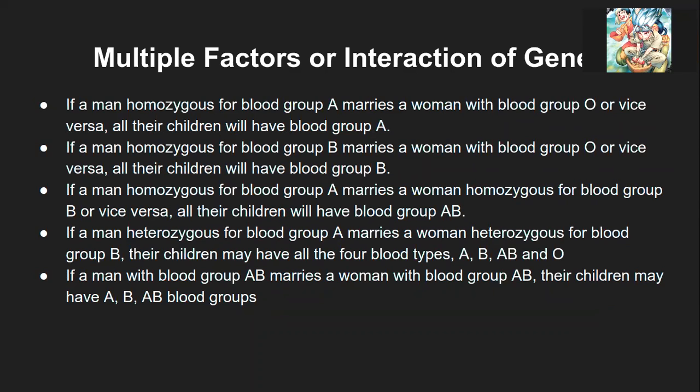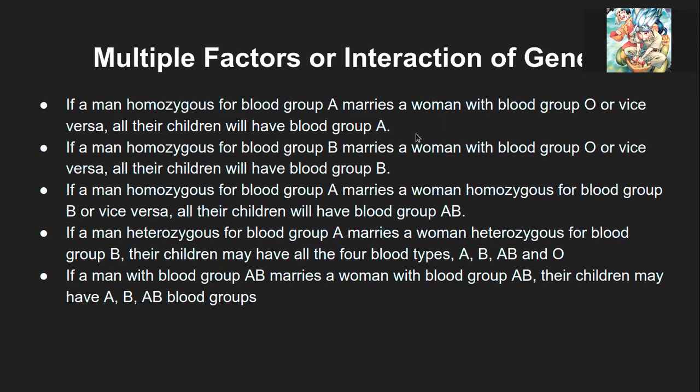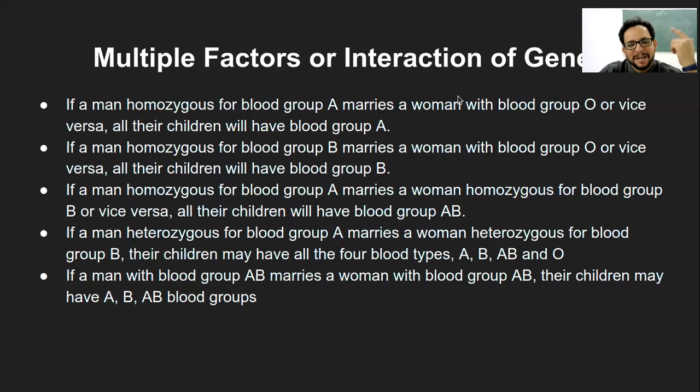Yes. But how is this an example of multiple alleles? In this, you only have two alleles, one from your mother and one from your father. So it's like a normal Mendelian thing, right? This statement is not of multiple alleles, but the combination later, which we are going to see in terms of AB, is the example. But for that, we need to understand this part.